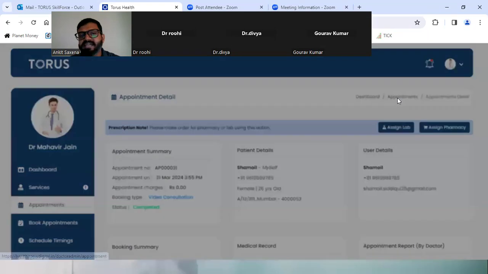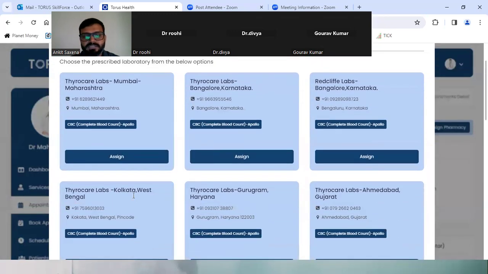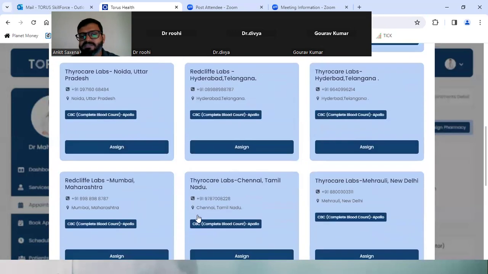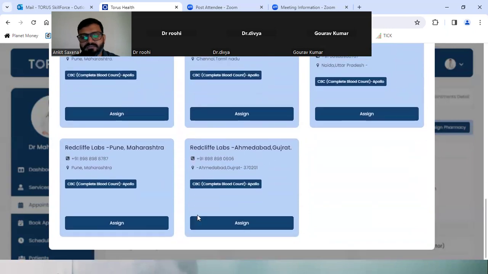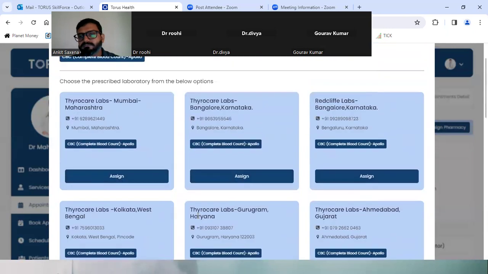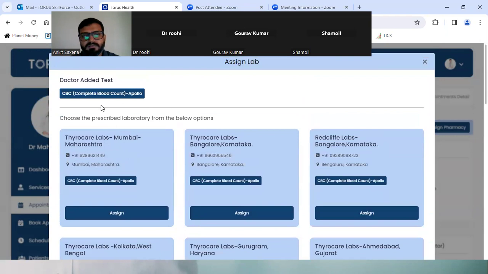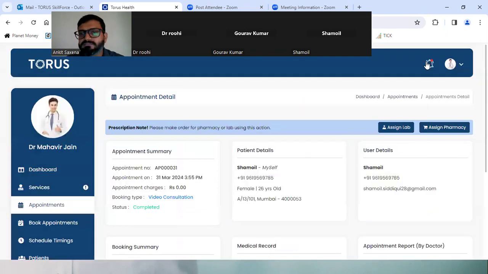If you click on assign lab, these are some of the labs that we have onboarded. Ankit, this would be done from our team, from the backend? Yes, absolutely. So friends, for this assign lab, assign pharmacy, once you have selected the buttons at the bottom of the e-prescription, everything will be taken care of by the backend.